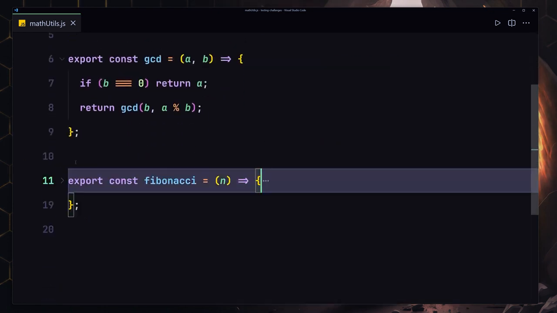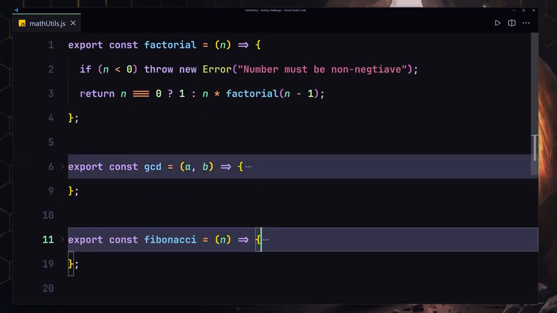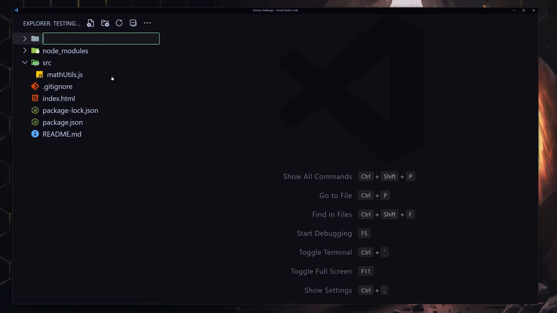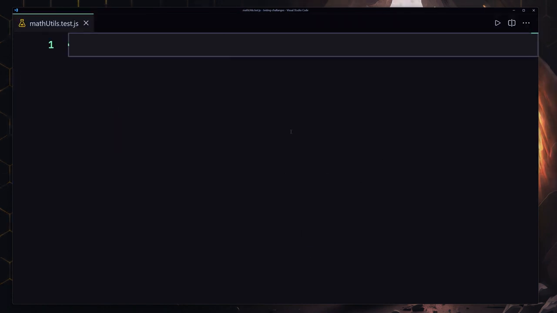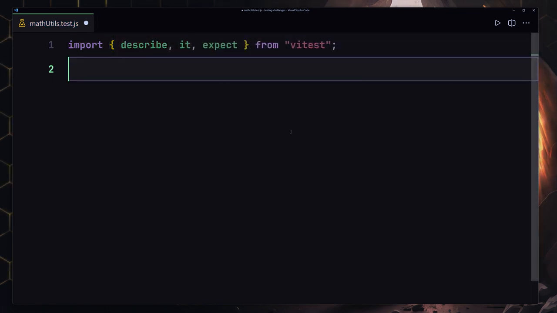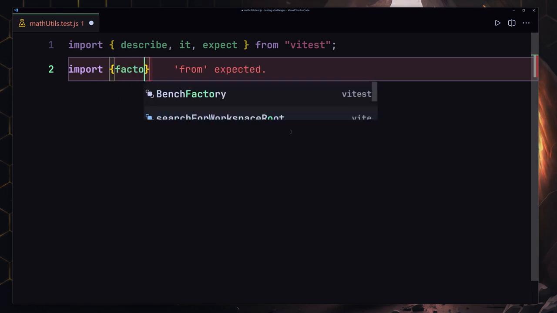Okay, so now let me just hide this function and also this function. So now let me go ahead and create my test folder. So test, and now inside there we are going to be creating our mathutils.test.js file. And let's start from the first one. Let's just grab first of all the describe function, then the it function, then the expect function from vitest, and now we have to grab our factorial function, factorial,